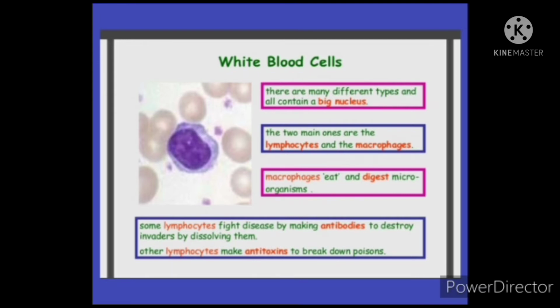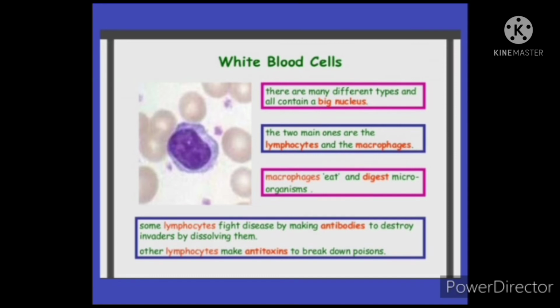Now when we talk about WBCs, they are colorless, nucleated, that means they have a nucleus, blood corpuscles of different shapes and sizes. The normal value of white blood cells is 5000 to 8000 per ml of blood. When we talk about the lifespan, that is how long they live, it is 12 hours to several days. White blood corpuscles are of two types, granulocytes and agranulocytes.